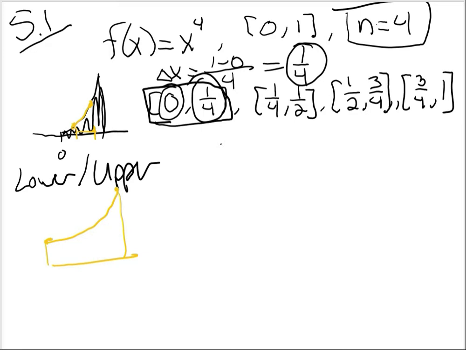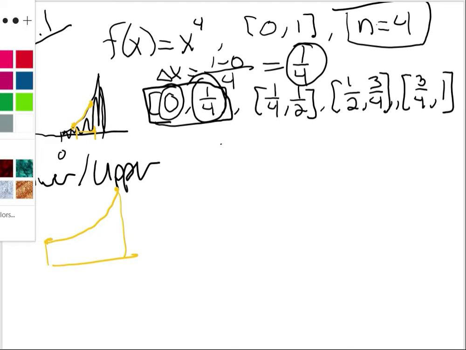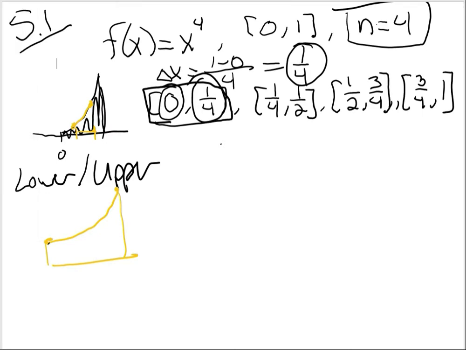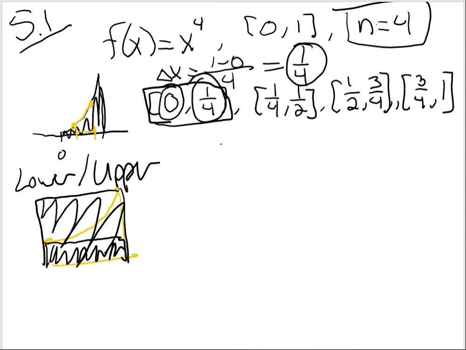So the idea behind a lower and upper sum is that they want you to give you a guaranteed underestimate, one that's definitely going to be less than the true area, and a guaranteed overestimate. Now, how do we do that? Well,